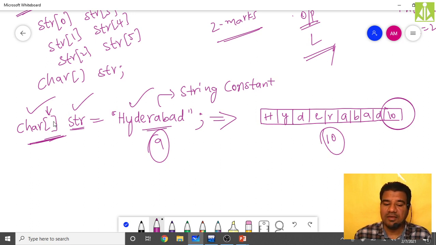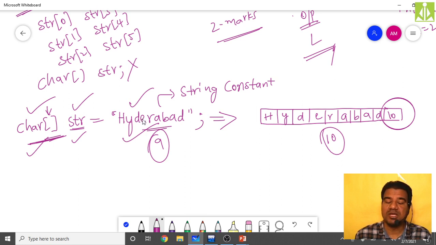Leaving the string declared and defined and not initialized is an error. Like this you can't do. Where you are declaring and defining, at that time only you have to do the initialization as well. So this is declaration, definition, initialization. Remember this one. This is also one of the important and valid points.